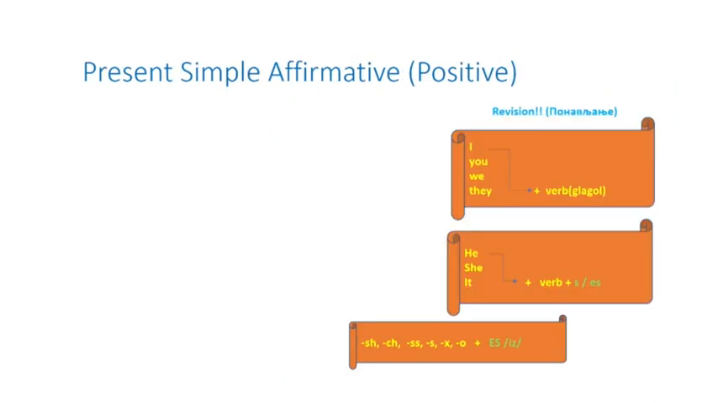And now let's move on. Let's repeat the present simple affirmative or positive form. Kako gradimo potvrdan oblik od present simple? So this is revision. Revision means ponavljanje. So it's simple. Jedan jednostavan oblik građenja. So we use just the verb. Koristimo samo glagol, bez ikakvih dodataka for I, you, we and they. Znači za oblike